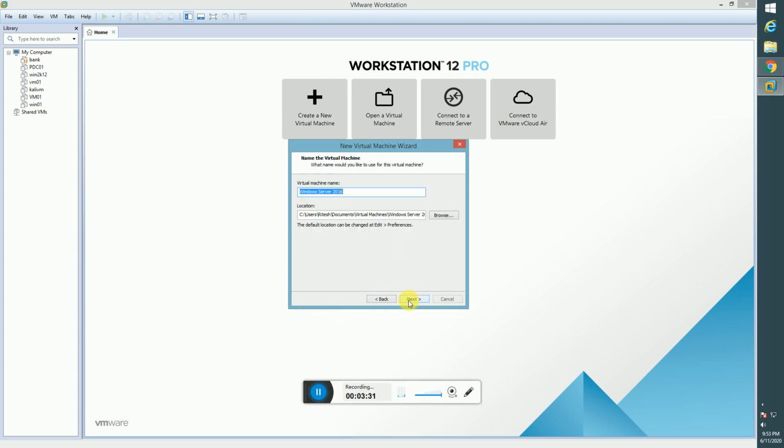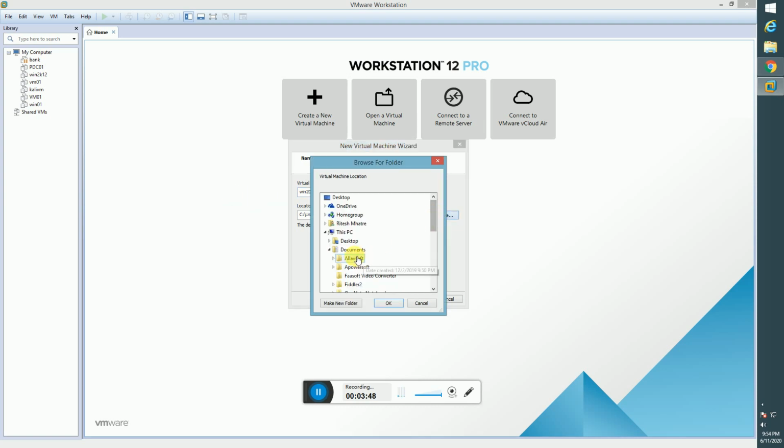Then click next. I will give the host name whatever I want. I am going to give Win 2019, and the location where I want to save the machine. All the VMware files will be saved there after the installation of the OS.